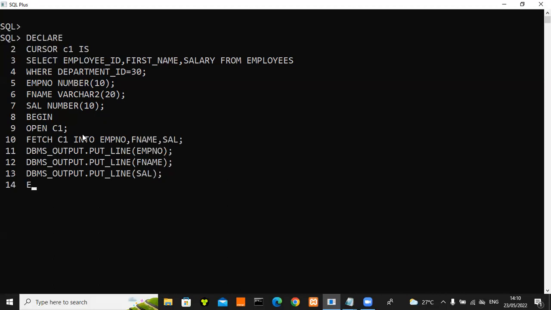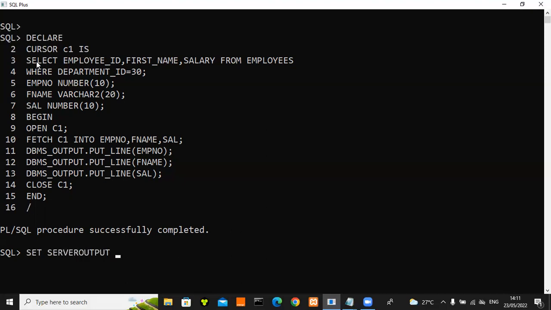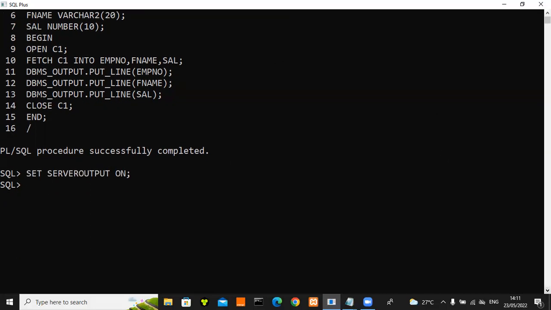Then from there, we end it. Before ending it, we are supposed to close what? Close cursor, which is C1. And then we end. So for my case, you can see that the PL/SQL procedure completed successfully. Why am I not getting the results? Because I have not activated SET SERVEROUTPUT ON. So what I will do is set server output on. And then this time round, if I put a / and press that, now you can see that we have